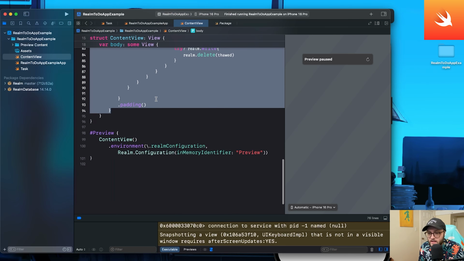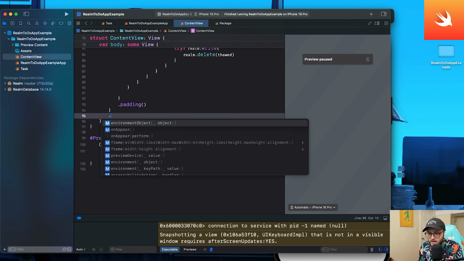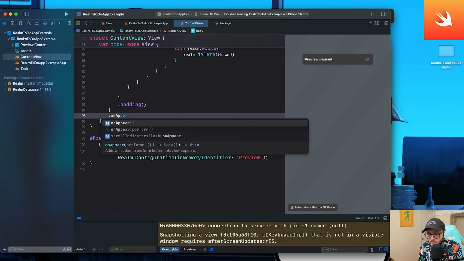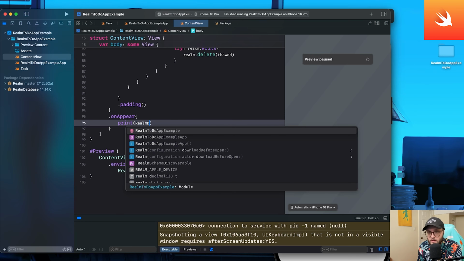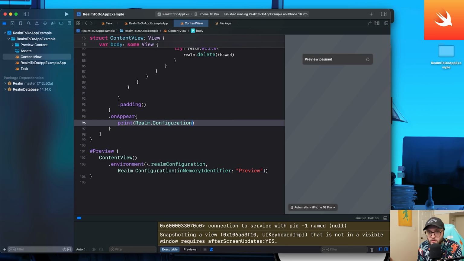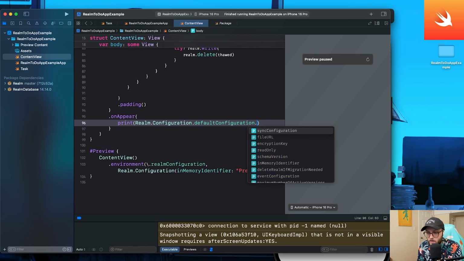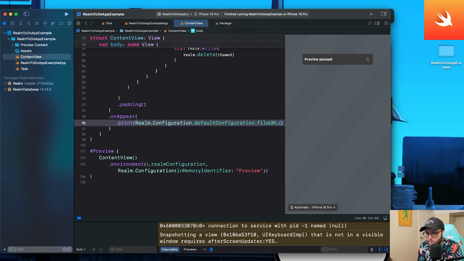So at the end of our navigation view, we're going to add a dot onAppear. We're going to add our brace instead of the brackets, and then we're going to want to print out where this file is located. So we'll print realm.configuration.defaultConfiguration.fileURL, and we're going to force unwrap that with the exclamation point. So now when the view loads,